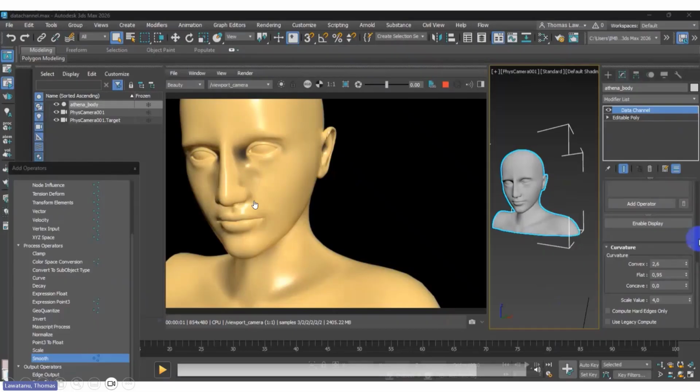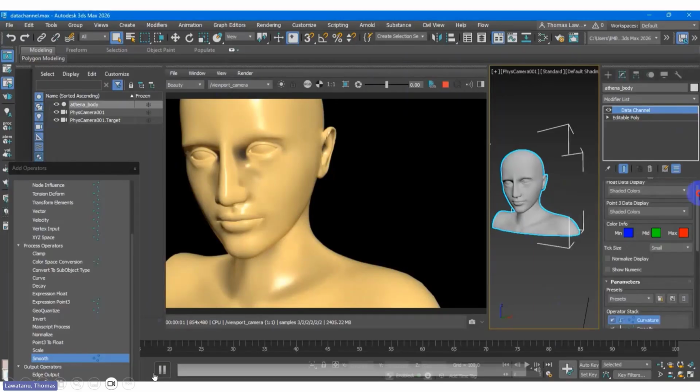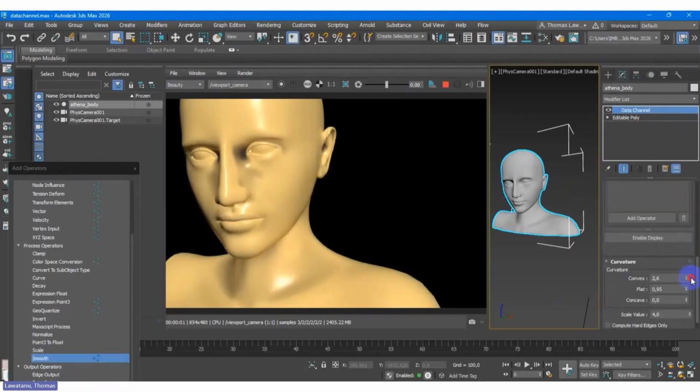Remember, we already put some information in data, and the material will read the data. What we need to allocate, right? This one, the shader. This is the red channel, the green channel, or this representative, the curvature, right?